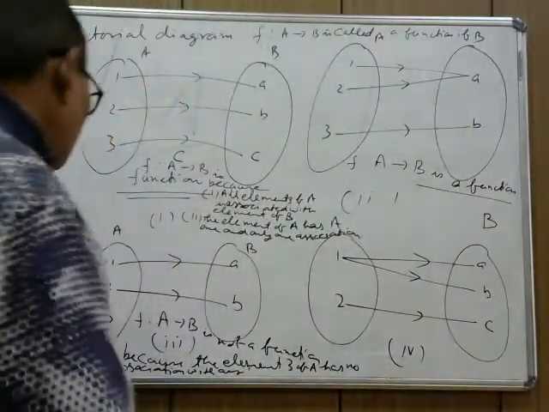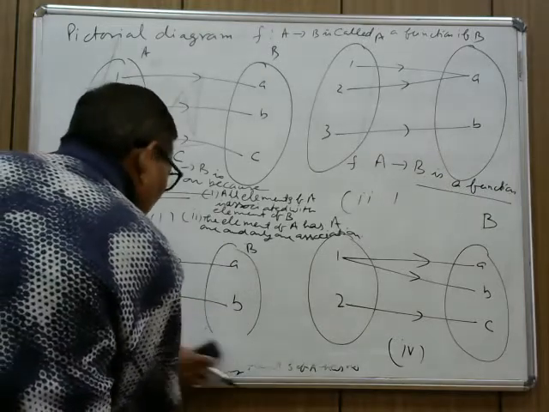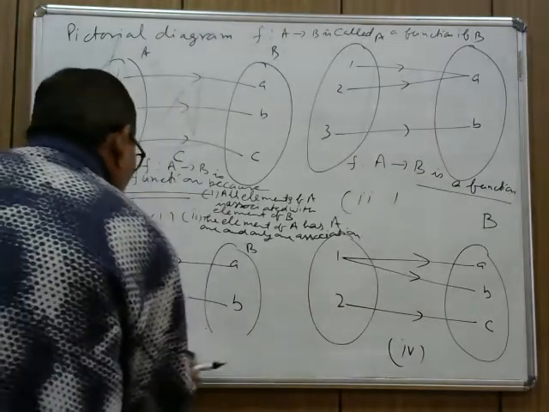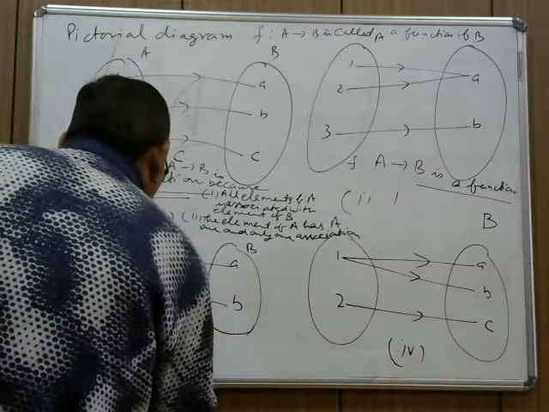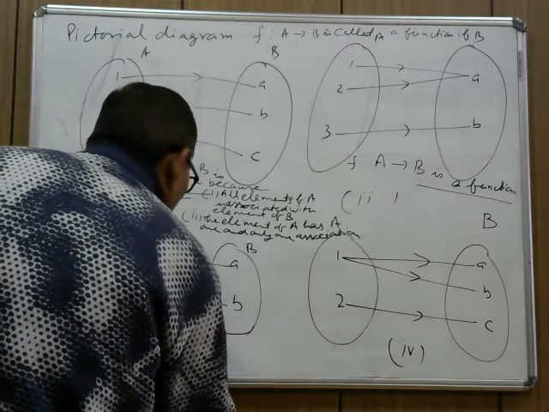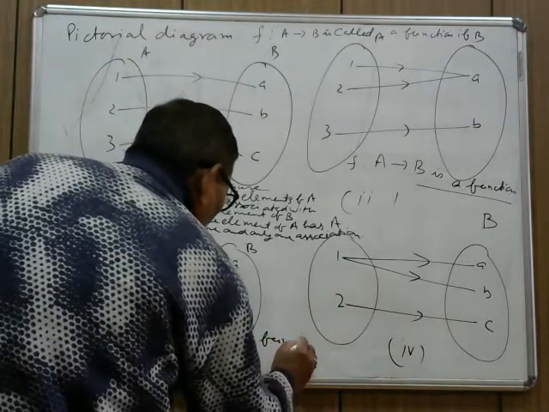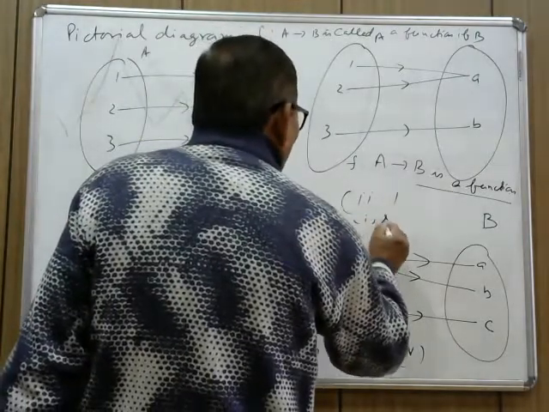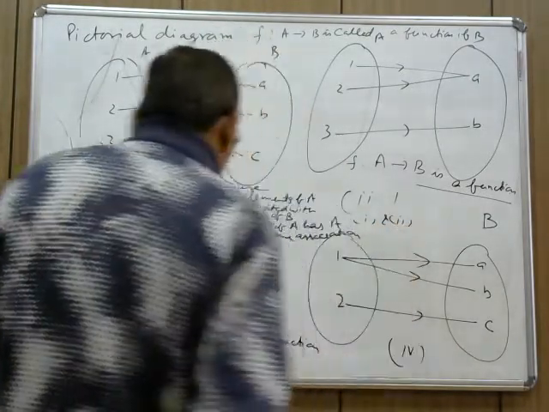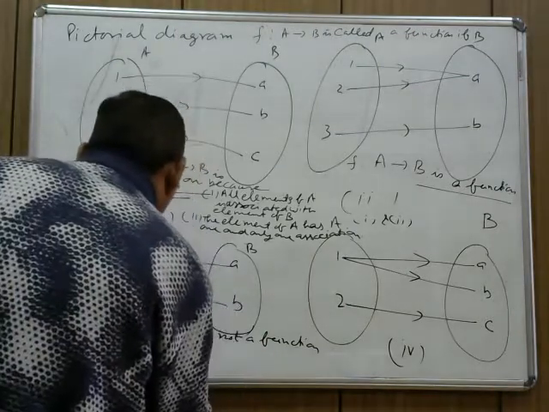And in the third, A to B is not a function. This is for first and second both. It is not a function because